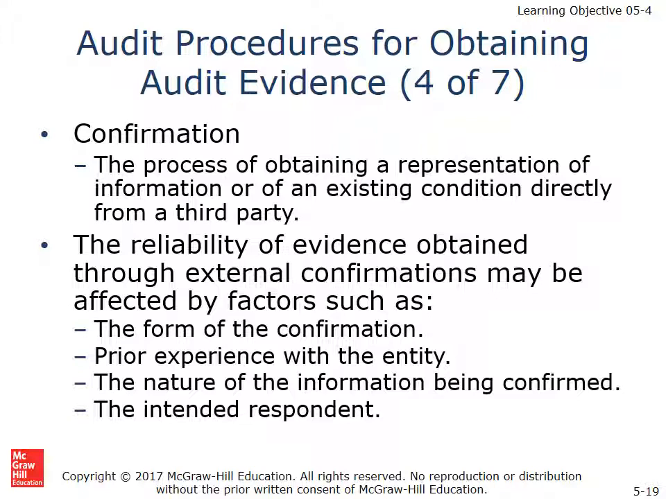If there's any consigned inventory, we could contact the consignee. Accounts payable, we could confirm with the individual vendors. Same with bonds and common stockholders, insurance companies, and creditors for collateral. So there's lots of things that we can confirm directly with the people involved in it, and they're independent of the company. Now, the reliability of evidence obtained through external confirmation may be affected by the form of the confirmation,